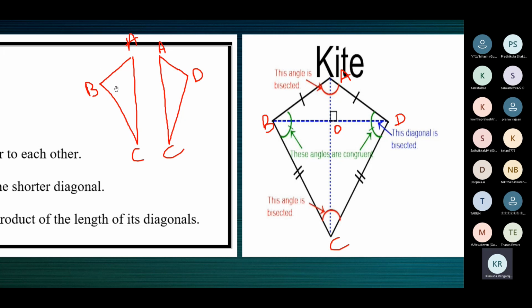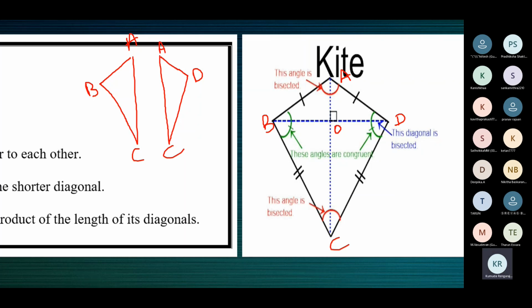And also this angle B is equal to this angle D. So these make the properties. How do we understand the properties? Through congruency and other concepts likewise. So triangle ABC is congruent to triangle ADC. From this we get the properties of a kite. That means angles A and C are bisected, and angles B and D are not bisected, but they are equal. So one pair of opposite angles are bisected. The other pair of opposite angles are equal.